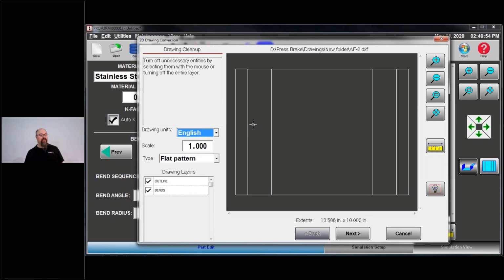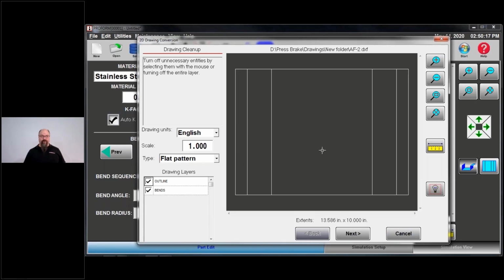This is the same part that I had before, 2 up, 2 down, okay? The first screen: turn off unnecessary entities by clicking on them or by turning off entire layers. Now, this is a very simple, flat layout, so I don't necessarily have to turn anything off.